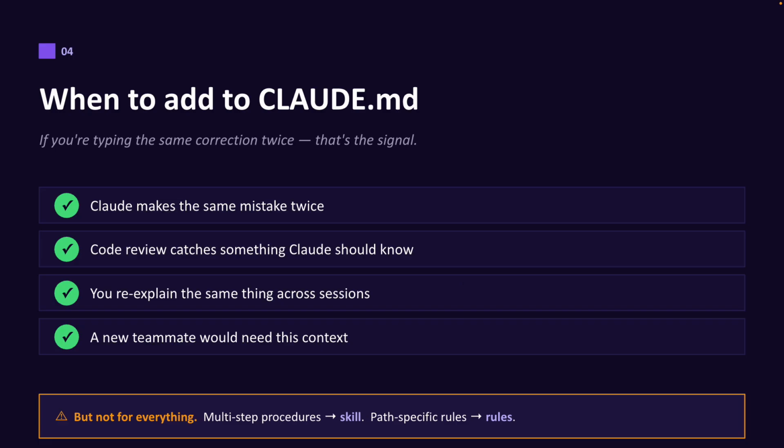When to add something to Claude.md. 4 things trigger it. 1, Claude makes the same mistake twice. Add the rule. 2, a code review catches something Claude should have known about your codebase. 3, you find yourself re-explaining the same thing across sessions. 4, a new teammate would need